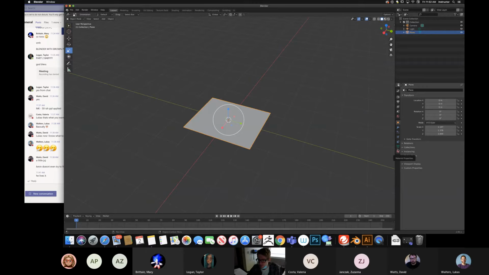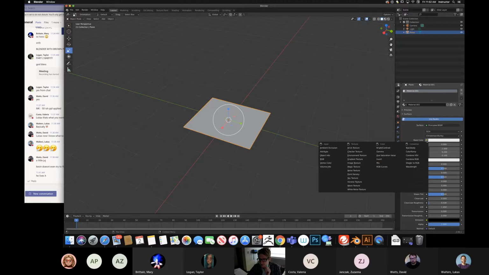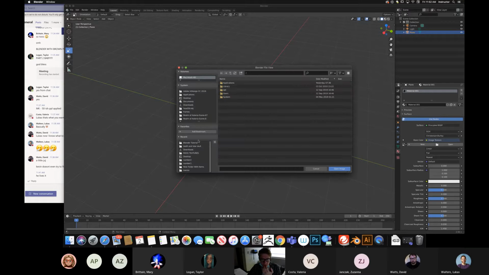And now what we want to do is go to materials again, hit new, and base color. And since we want our actual image that we already have, you click on this little yellow guy, and then this whole huge menu comes up. You would then hit image texture here, boom, it's open. And then you see it comes up with this little option, and you click open, and then we'll go to